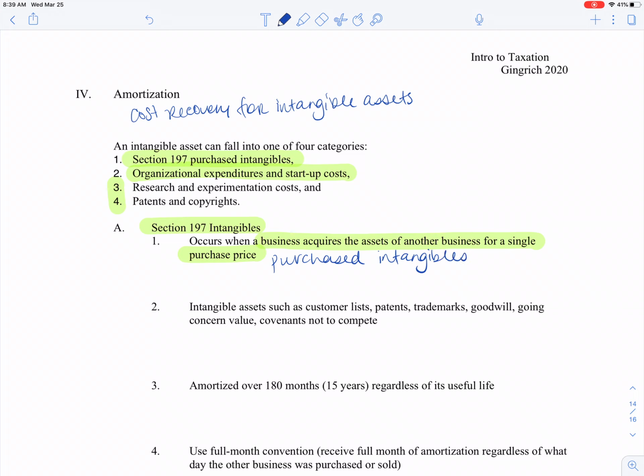So that distinction is important because if I have internally generated goodwill, meaning my business is worth more than the sum of all of the assets because I have a good reputation or something like that, or I have a patent or a copyright that I generated, we have different rules for that. This does not include internally generated. These are all purchased